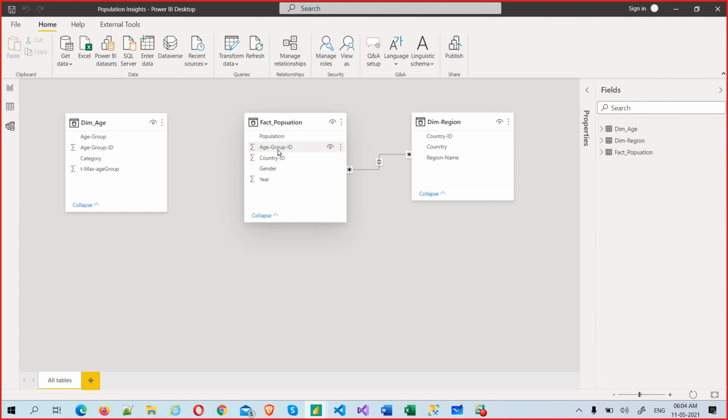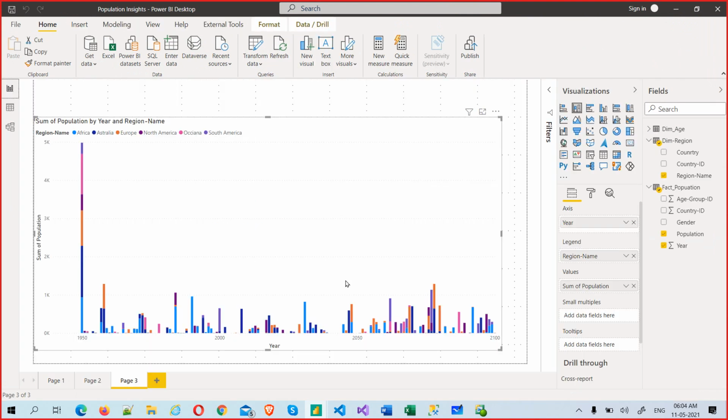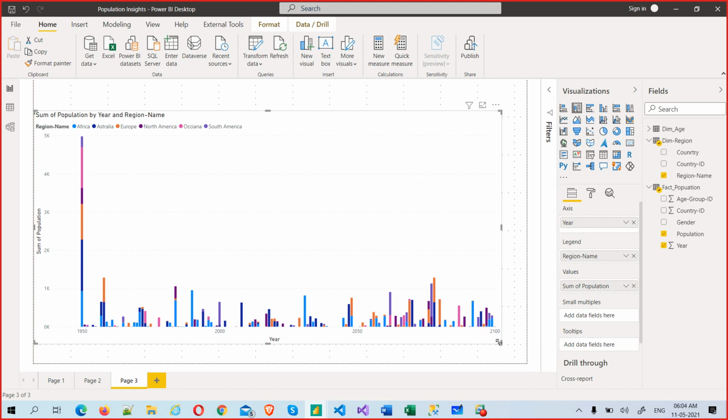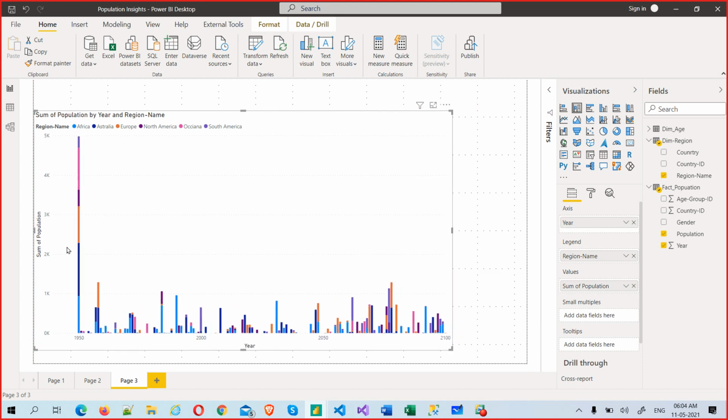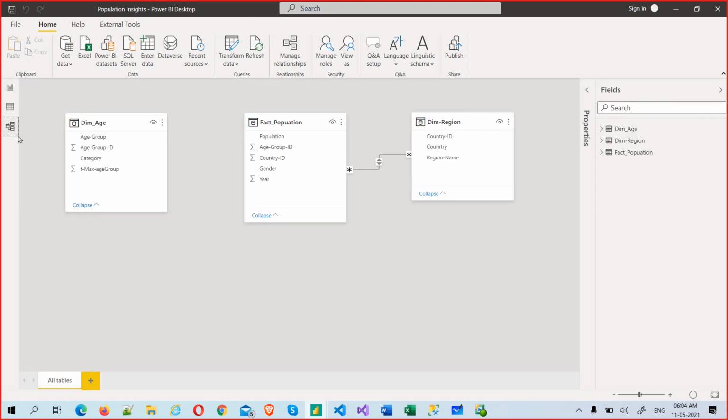Okay, because we know we have created this and we pushed this to this. But what if I give a wrong relationship? Let's go back and see. See, this is coming, but with wrong data. Okay, this is actually working, but it is wrong data. You can simply test it by making filters, and you can test it. This is wrong data. Okay, but if you go back and just see,